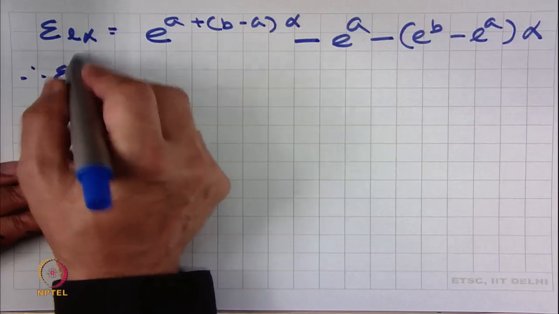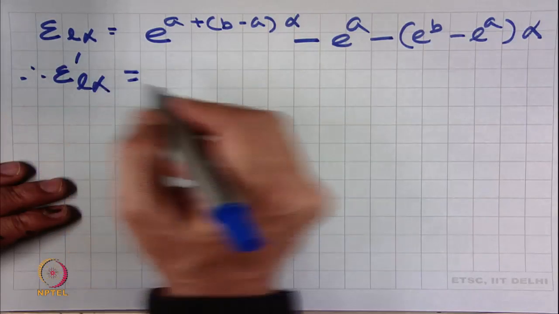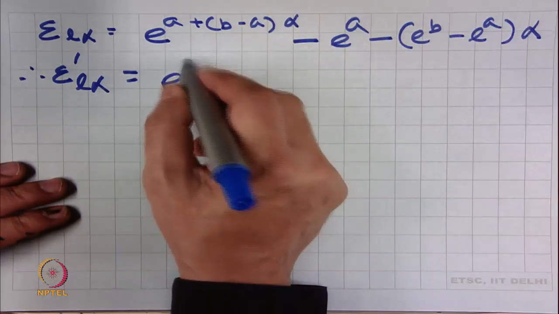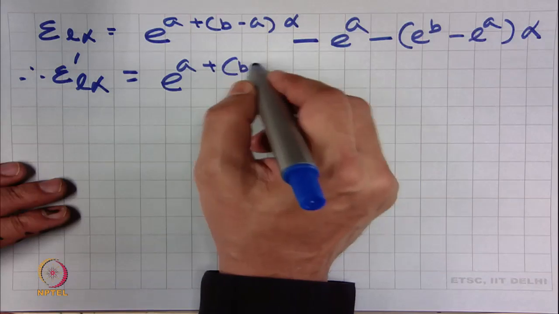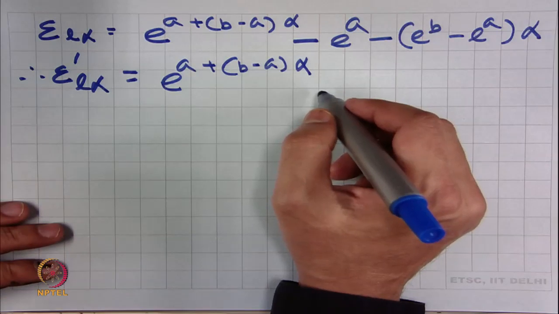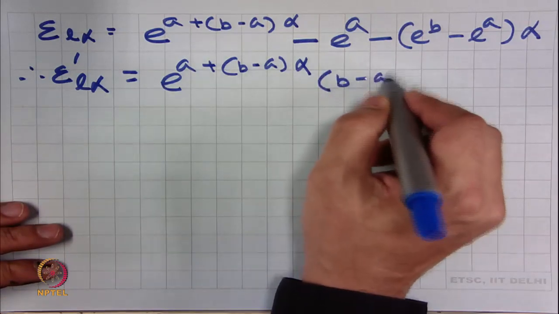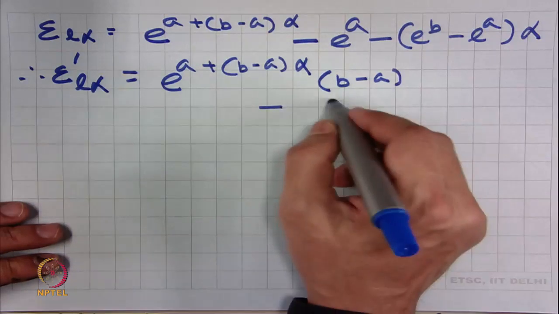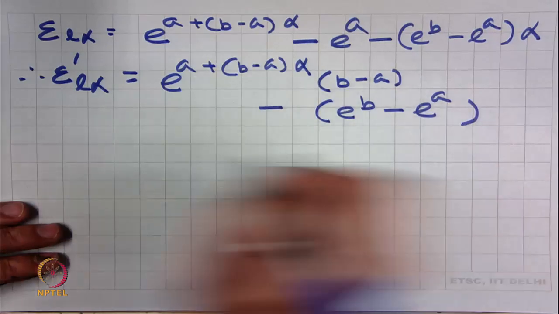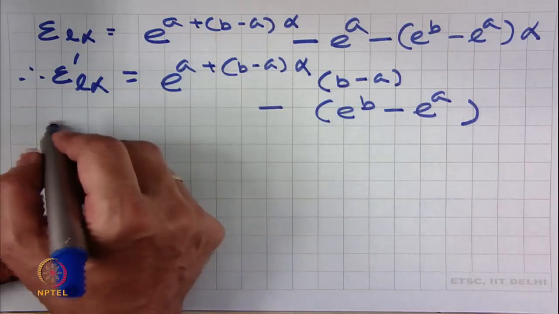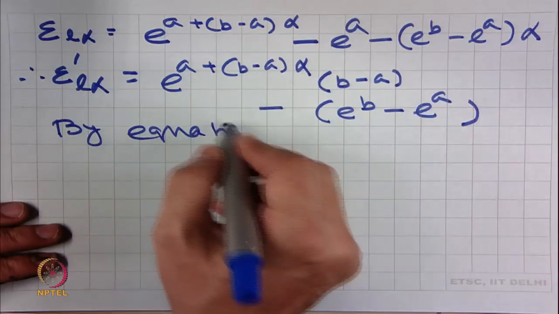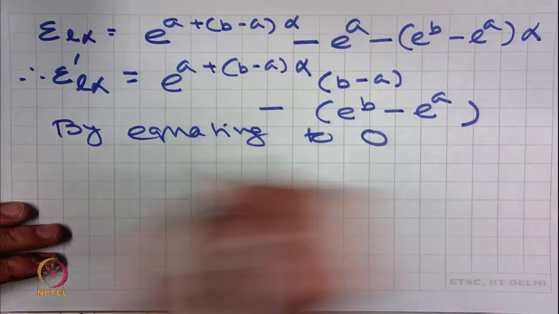Therefore, epsilon prime L alpha, which we get by differentiating this with respect to alpha, is equal to e to the power a plus b minus a alpha multiplied by b minus a, minus e to the power b minus e to the power a. By equating to 0, we have